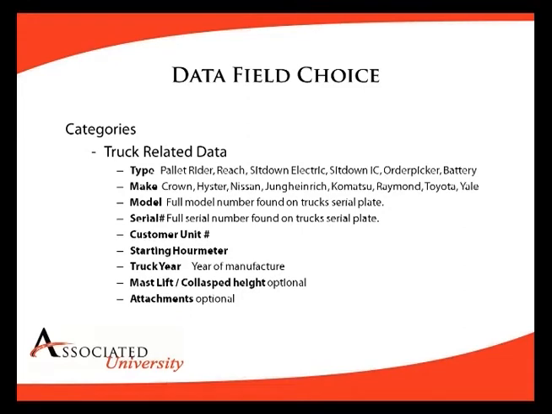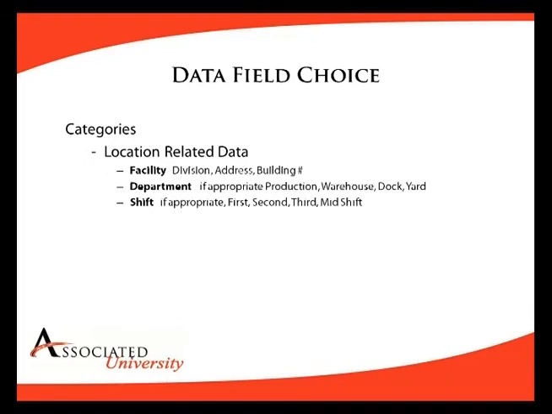Some optional considerations are mast lift and collapse height, or attachments that are placed on the vehicle. A location category has 3 critical pieces of information, but if you have more, please include them. Facility, for instance, division, address, building number. Department, if appropriate, for instance, production, warehouse, dock, or yard. And if the truck is tied to a particular shift, first, second, or third, perhaps a mid-shift, you can include